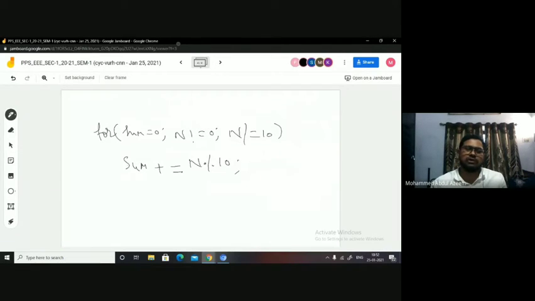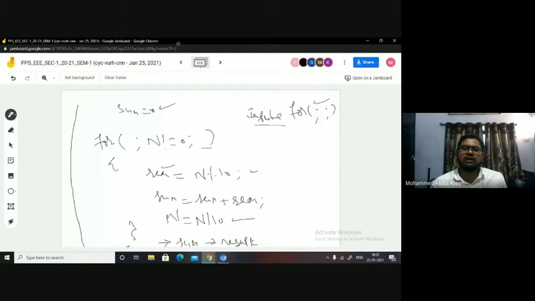This will be done only once. N not equal to 0 is going to be checked. Okay, N not equal to 0 is checked. Then here, this statement I have brought here, and these two have combined into a single one. I said sum equal to sum.